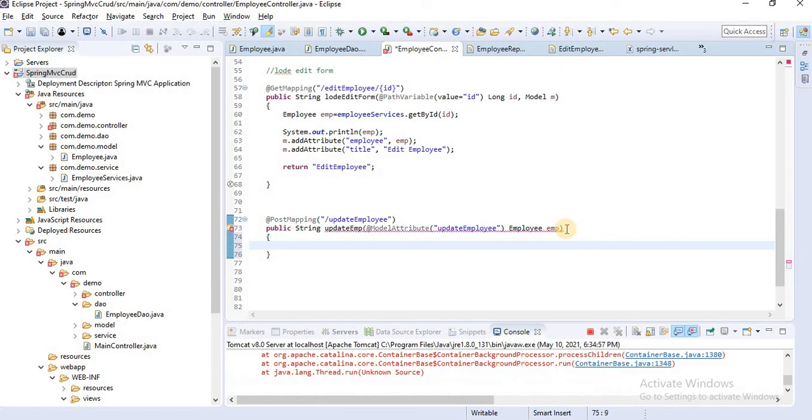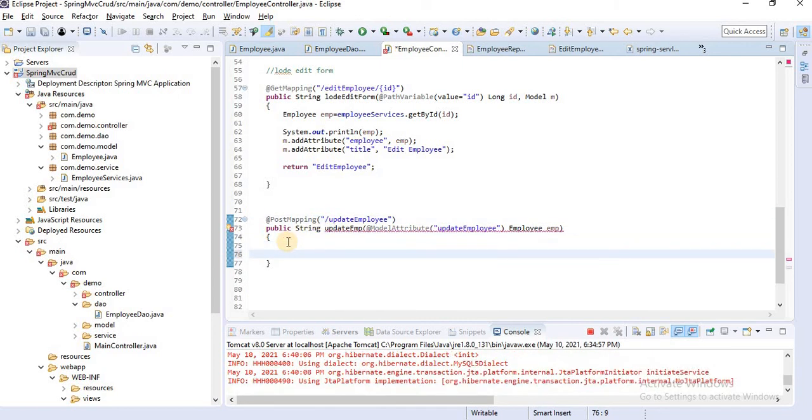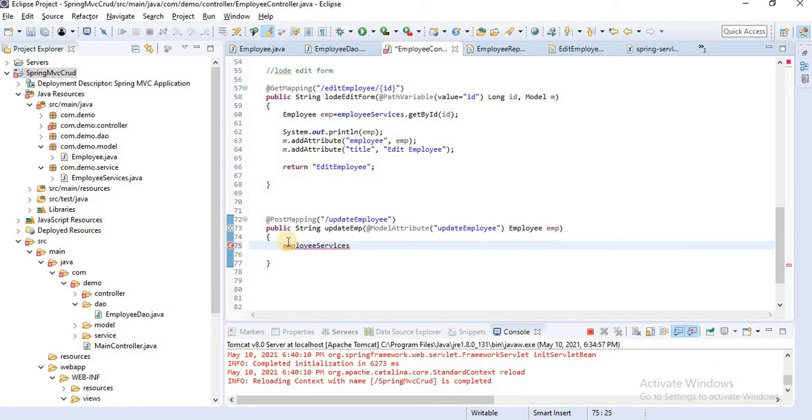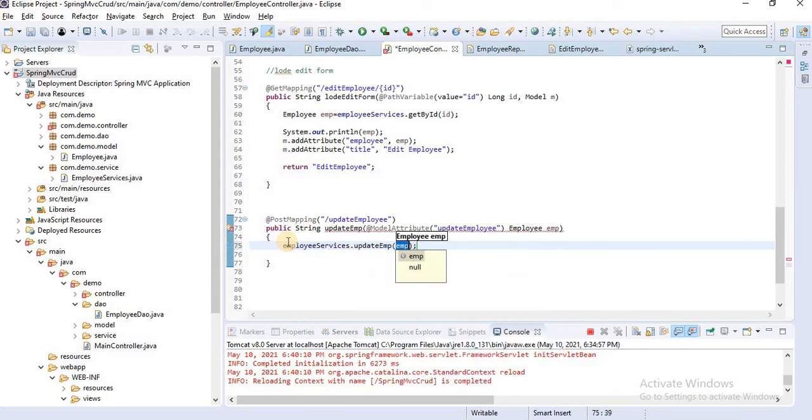Once it's done, then pass it, and use employeeService for updating data: employeeService.updateEmployee, and pass that variable value inside updateEmployee.